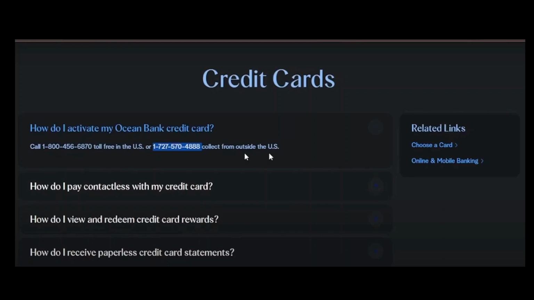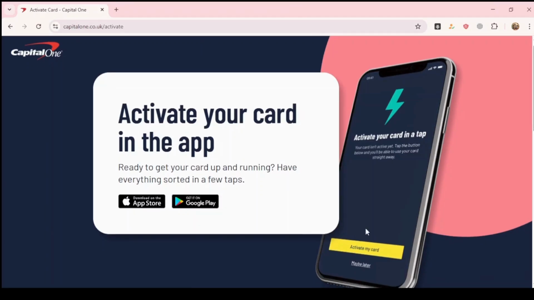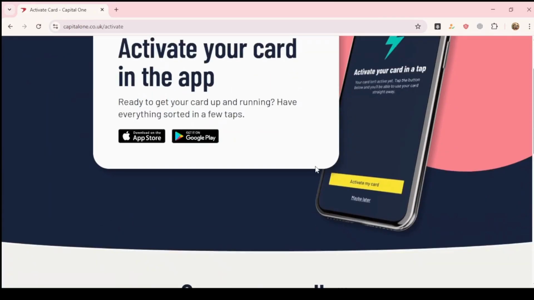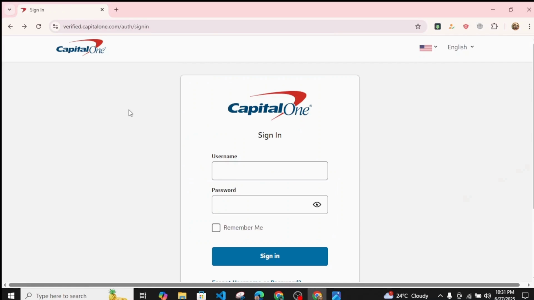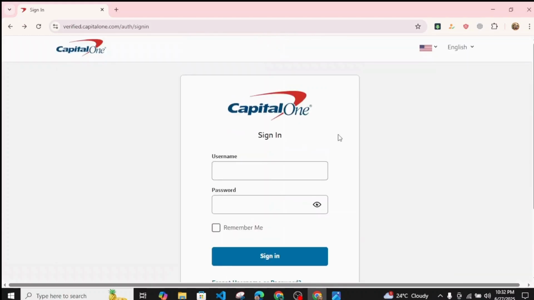Another thing you can do is download the application, that is Capital One, and simply activate your card via the application itself by following the on-screen instructions on the app. You can also call this number to follow the on-screen instructions verbally with the agent. Once you follow along the on-screen instructions such as this on your mobile device by filling up all of this information available over here, and once you do all of that, you should be successfully activating your credit